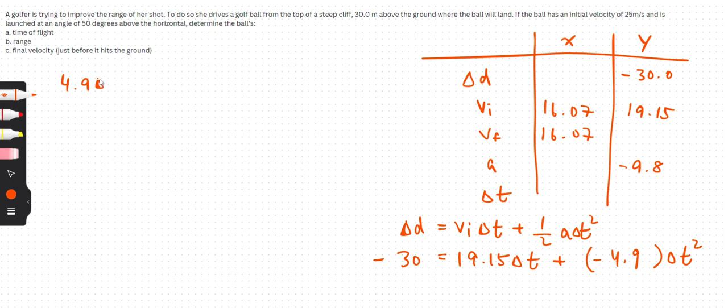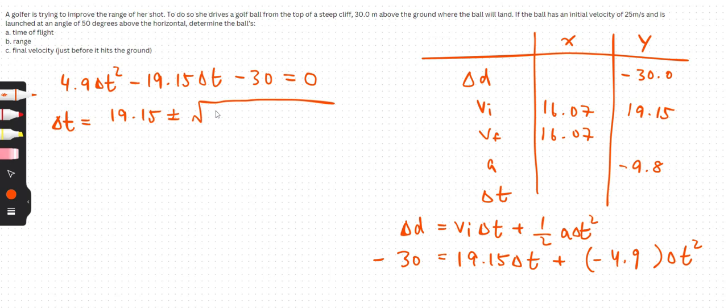So moving the negative 4.9 t squared to the left side, you get 4.9 t squared, and let's move the 19.15 to the left by subtracting both sides, and then we'll keep the negative 30. And this is all equal to 0. Again, we can use the quadratic formula. Negative b, negative negative is positive, plus minus square root